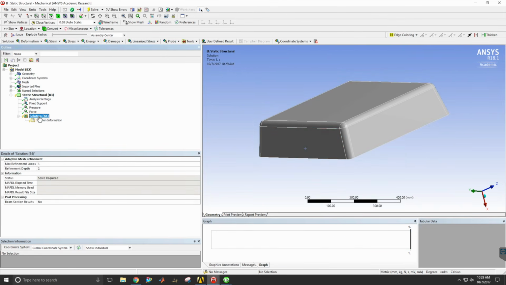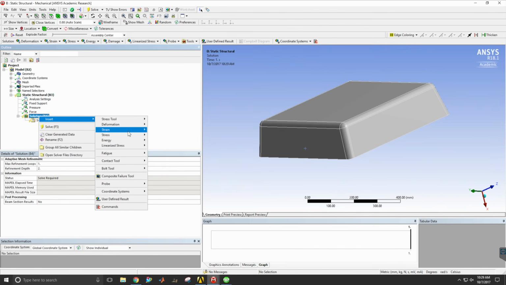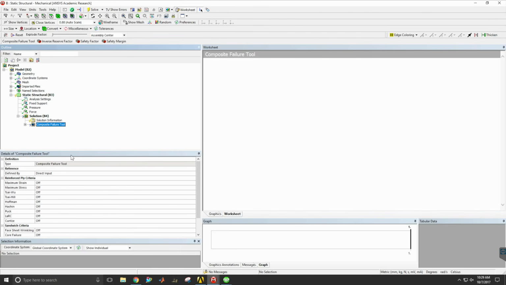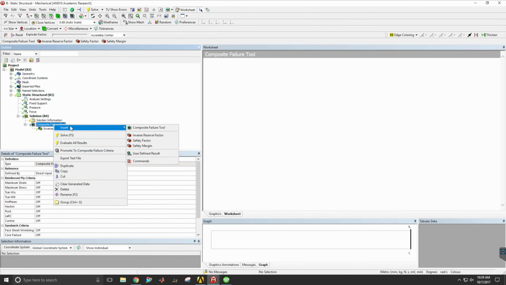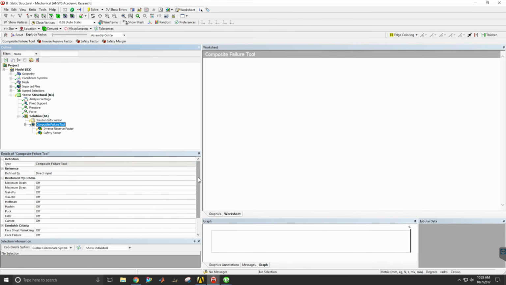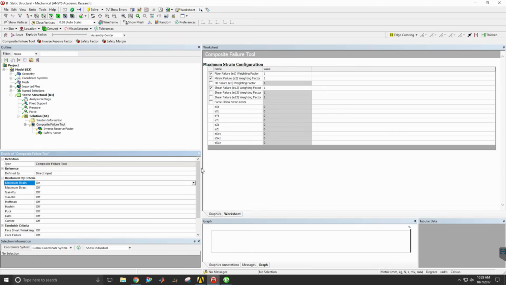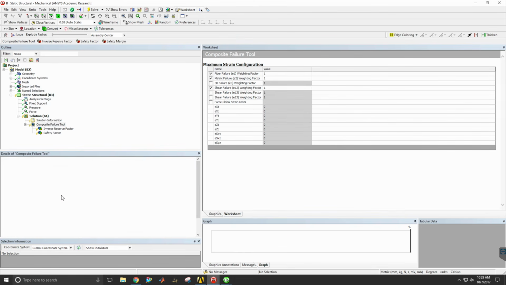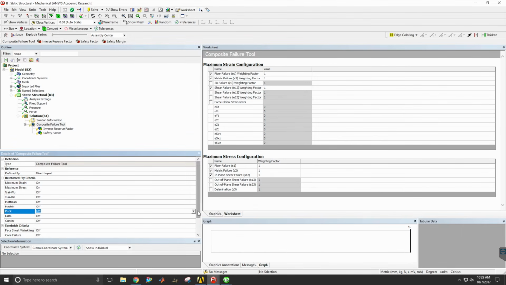Next, for the solution, we're going to want to right click on that and insert the composite failure tool. This is bundled with ACP and allows us to add different failure criteria. So we're going to right click on composite failure tool, insert, and safety factor. So we have both the inverse reserve factor and safety factor. To actually figure out what failure criteria we want for that, click on composite failure tool, and for this we're going to use maximum strain, maximum stress, the Puck failure criteria,